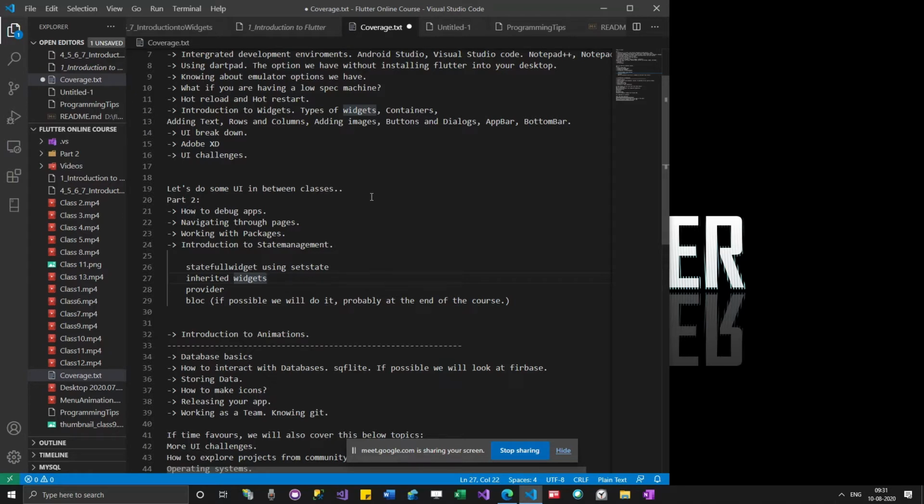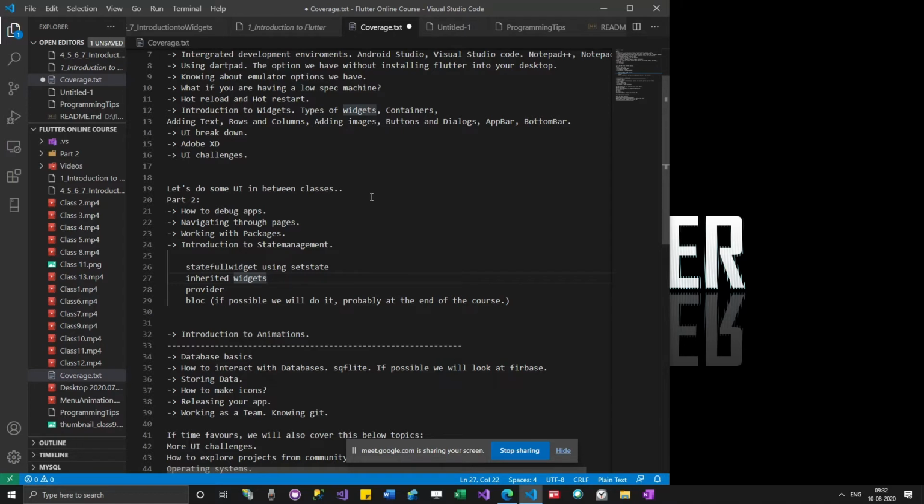In the same way, compared to stateful widgets, inherited widgets actually reduce some boilerplate code. What exactly it reduces is, when you're passing a value from level 1 to level 10 of the widgets, like you have 10 levels of widgets and you are trying to pass a value from level 1 to level 10, you have to keep passing it within each and every class. So instead of passing it between each and every class, by using inherited widgets, you can directly access it within that level 10. You don't have to pass it between these widgets.